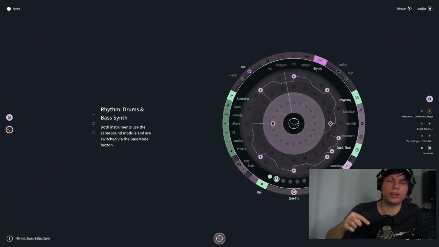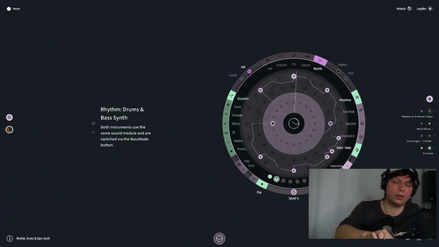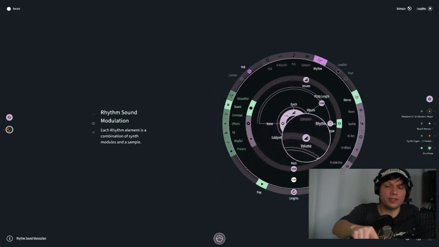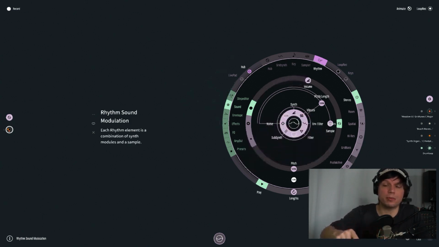You have the 3 rings, the bass drum, the snare and a hi-hat. So let's go to the sound interface, and there you can define and modulate the sound for each of these 3 drum layers. First, I'm here in the bass drum, and because this is a sample of the 808 drum machine,